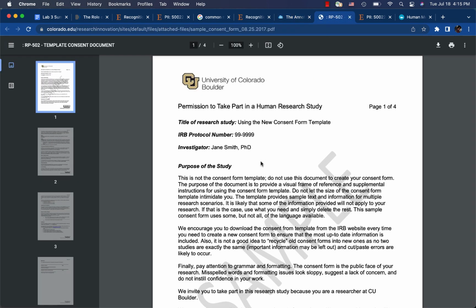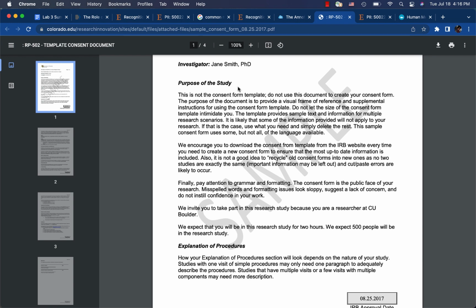The last thing I want to show you all is the template for the informed consent document. Now, this template is the template you will also find on our school's IRB website, such that if you ever are creating a protocol to submit to the IRB, this is the template they're going to ask you to use. When I have submitted protocols to the IRB, this is the template that I have used for my informed consent form. And all you have to do is read through these different sections and make sure you're